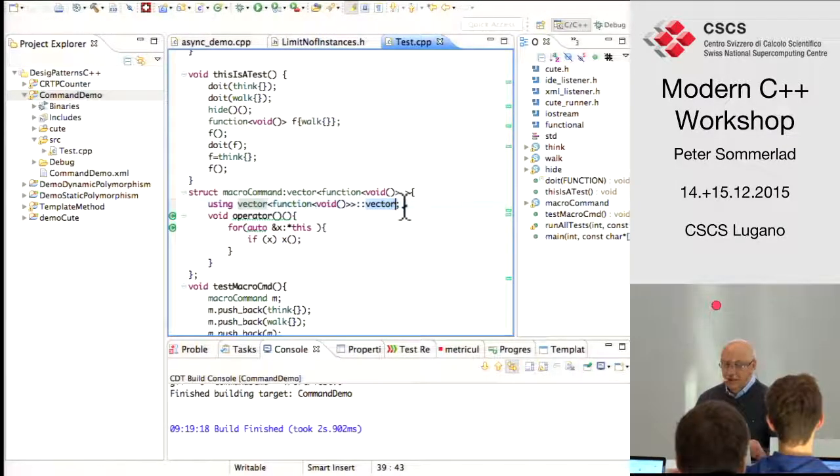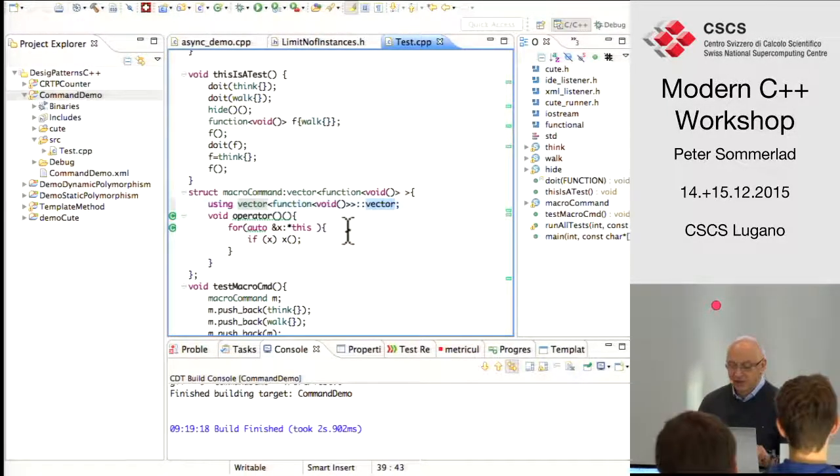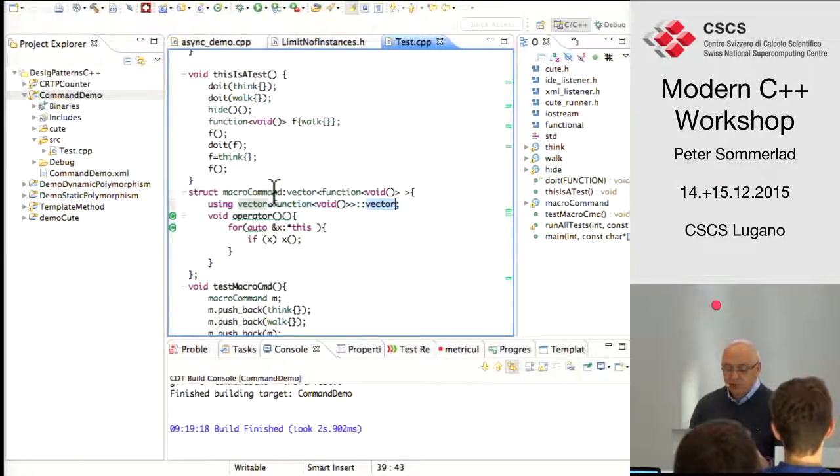And that need is no longer there, especially because if you look for a standard library class like vector, it has some interesting tricks to get all the constructor overloads working nicely. And you don't have to care about that if you just want to add a little bit of functionality. Whenever you do something like that, you shouldn't add any data to your classes, because that can get problematic, and you shouldn't expect to pass macro command as a vector object somewhere else, because it will lose the ability to call out your additional functionality.